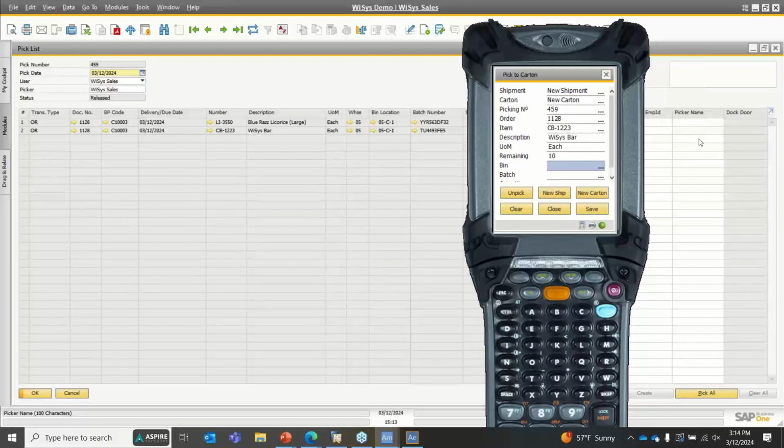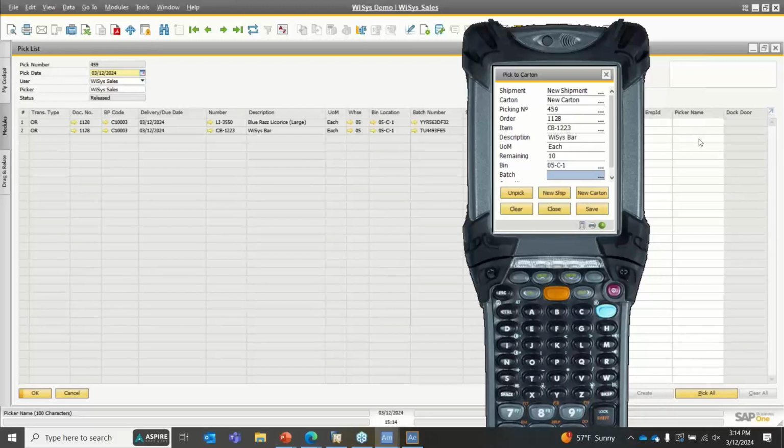Just for example, if I scan in 0517 and try and pick a batch that's not the soonest to expire, I'll get an error back. That's an invalid bin. That's not the bin for the batch that we selected, right? We allocated specific batches to go out on this shipment because we want to make sure we're getting rid of our soonest to expire batches the quickest so that we don't have expired product in our warehouse, right? So that's going to error out every time. So I need to make sure I scan the right bin,